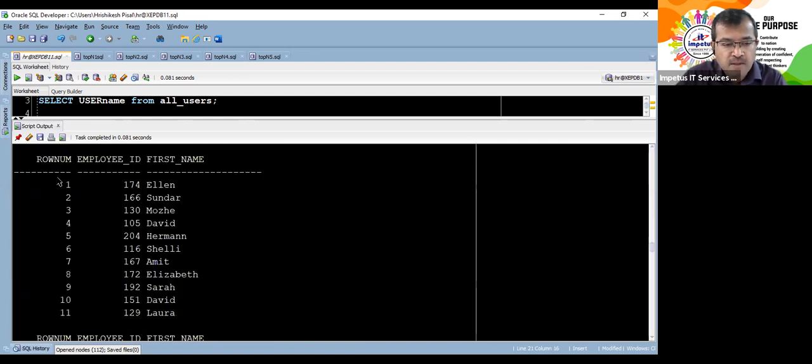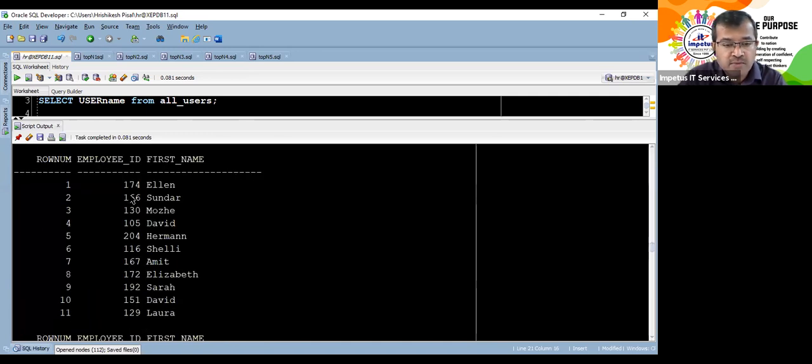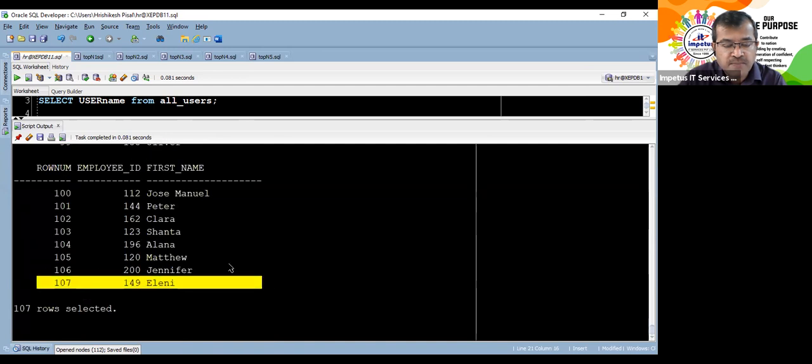It's a pseudo column. So whatever is the row that has now been fetched, in whatever order they have been fetched, it has some row number 1, row number 2, row number 3, row number 4, and so on, till row number 107.